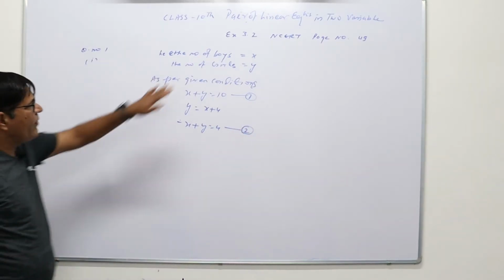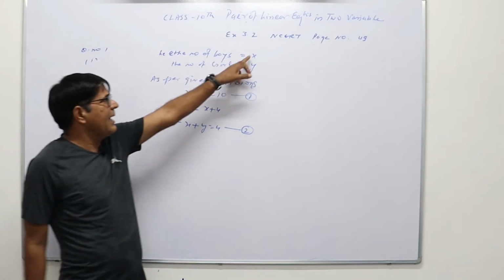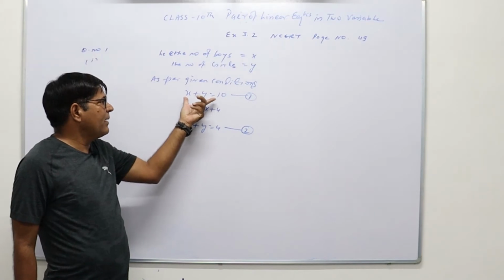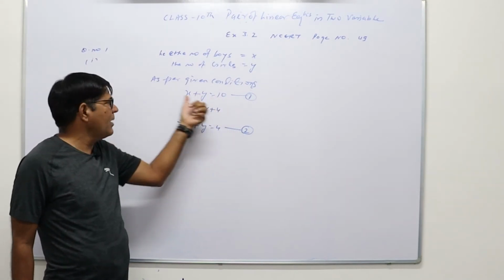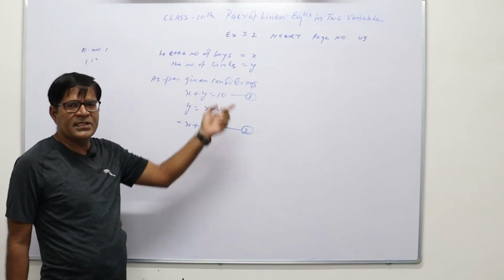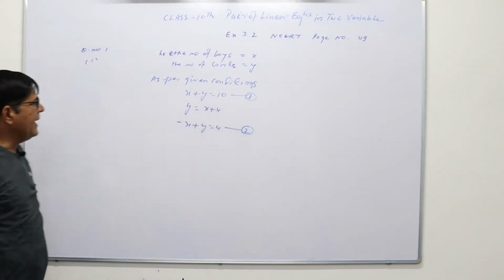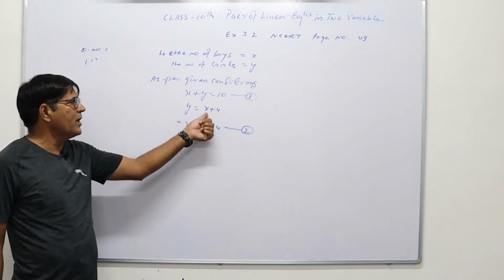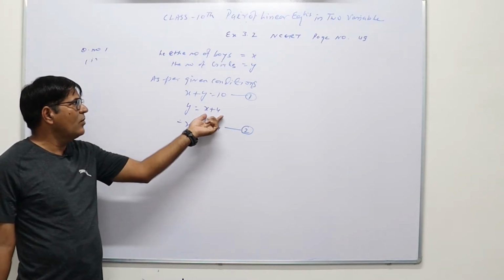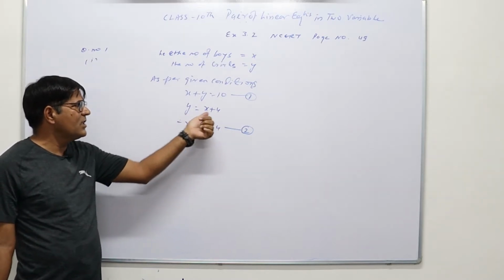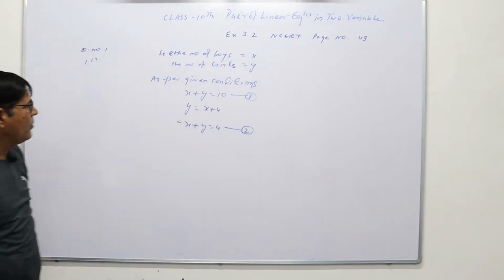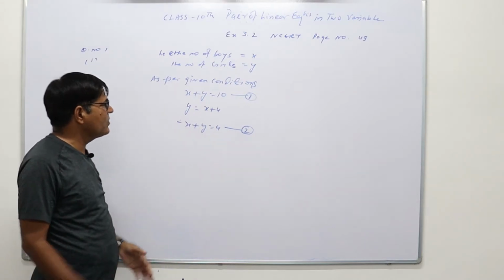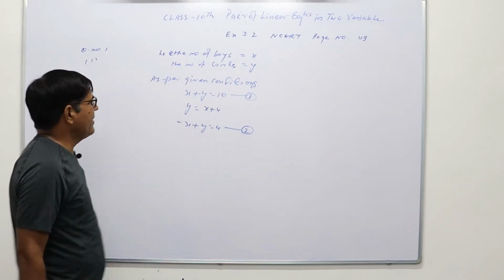So in this way, first let the number of boys who participate be x and the number of girls be y. In the quiz of mathematics from class 10, total students participating are 10. So the number of boys plus girls will be equal to 10. This is your first linear equation. And second, what condition is given? The number of girls is 4 more than the number of boys. So if 4 is added to the number of boys, then these will be equal. So y is equal to x plus 4. Now if we take x to the left side, then minus x plus y is equal to 4. These are the two equations.